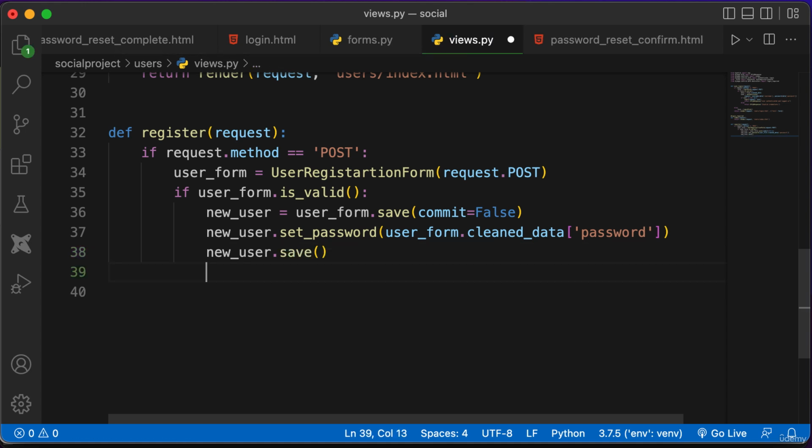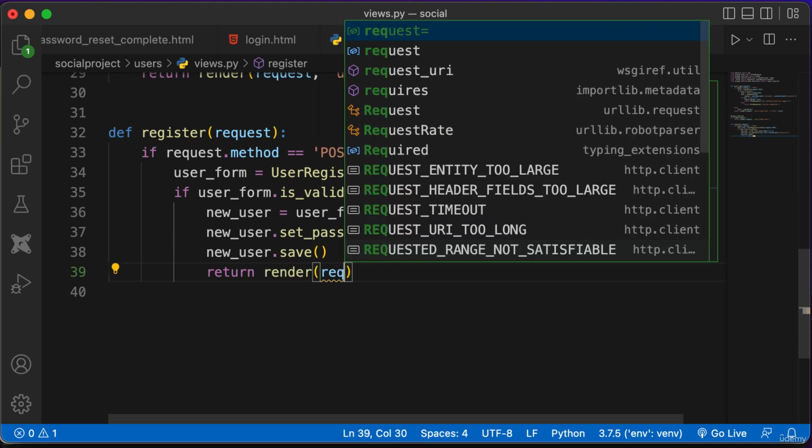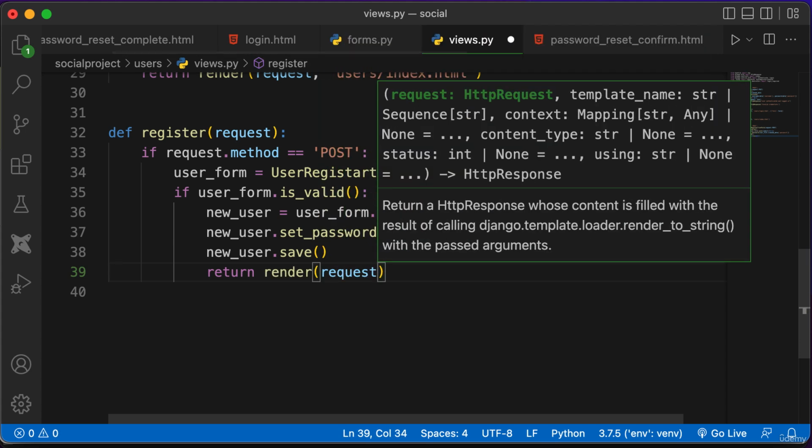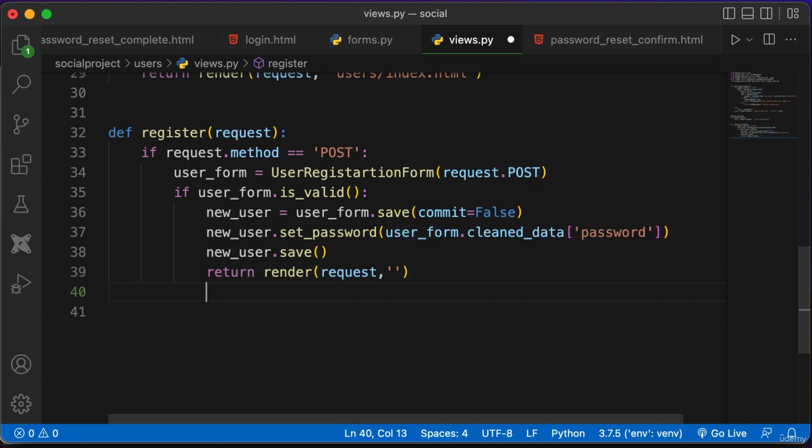Once this has happened, we want to display a message like the new user has been registered, and for that we return and render a template. And to this return, we obviously need to pass in the request object. We also need to pass in the template, which is going to say something like the registration is completed. We are going to create that template soon, but for now let's handle the else part of this. That means whenever the request method is get,